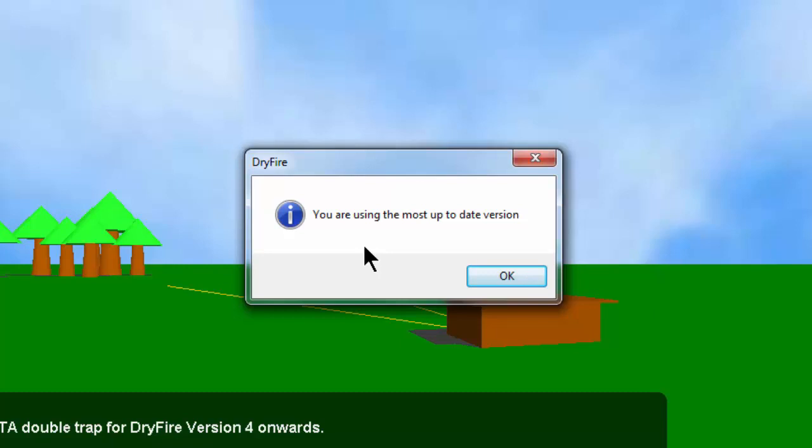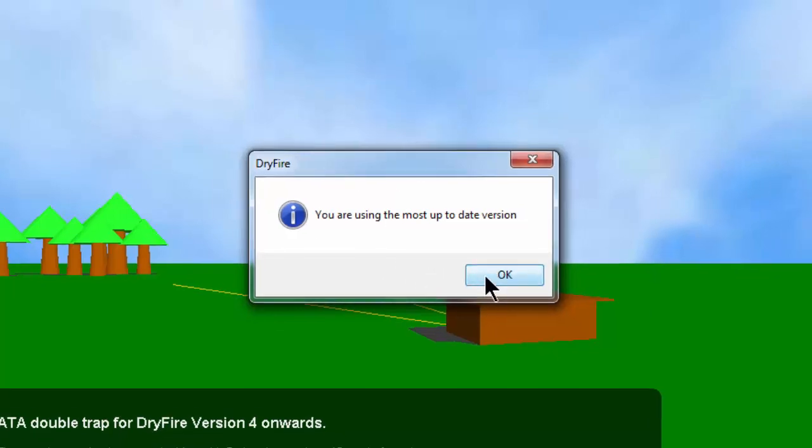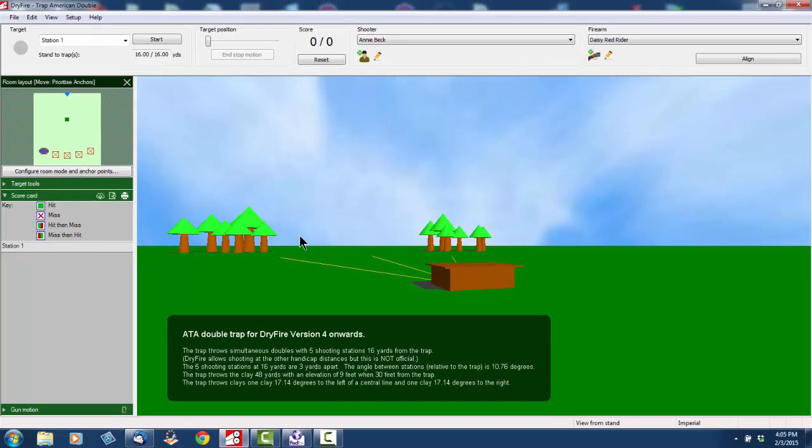If it indicates that there are newer ones available, then go ahead and say yes, you want to download them and go through the process. And by the time you get to that point, now you've got the latest and greatest dry-fire software on your new computer. Now the only thing that we have to do at this point is take that USB drive,